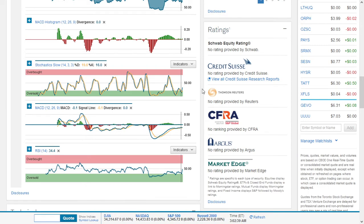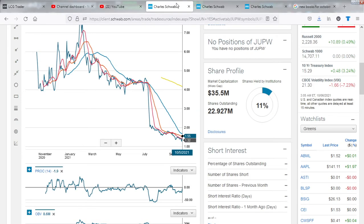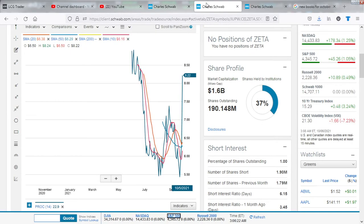So we have a target of about up to $1.8 based on the prices we used. You can see the stock hasn't really been that volatile of late, so going by that, we just have a modest extension of the stock, just maybe slightly above its 50-day moving average at probably $1.8. So moving on to